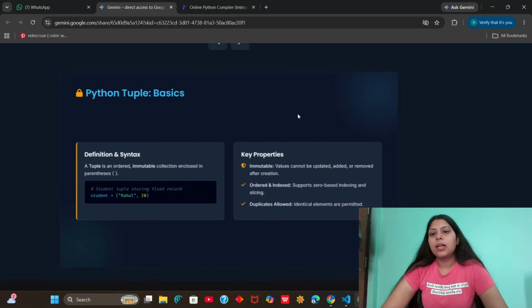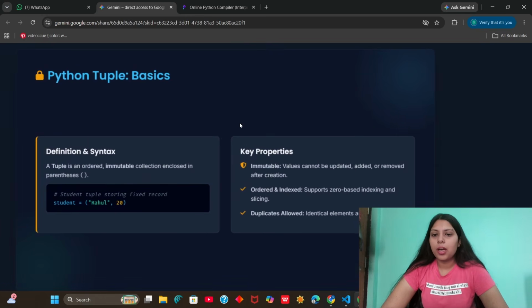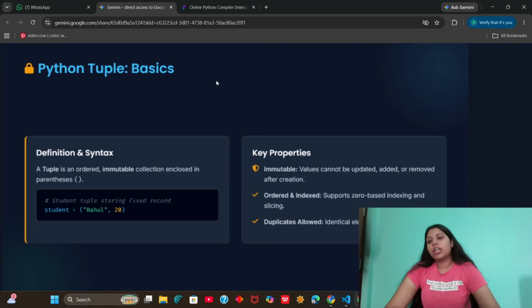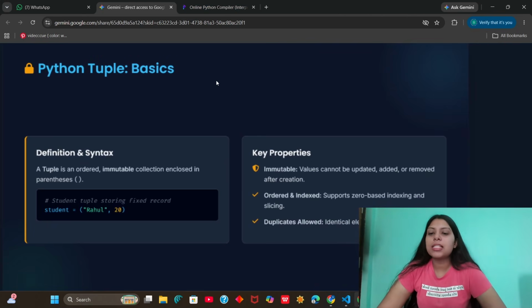Okay. Next, we have this tuple. We covered the list part. Now we have this tuple. So what we are doing here in the tuple is, a tuple is an ordered immutable collection enclosed inside the